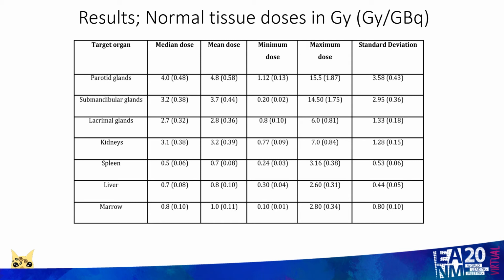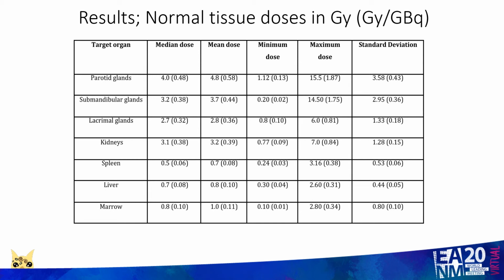Now, looking at the absorbed doses from the tissues, perhaps to me as a radiation oncologist, the most important findings here are that although the absorbed dose in normal tissues per administered activity was relatively low, the range of differences between individual patients was huge, often an order of magnitude within normal tissues. And this to me just highlights that fixed activities are unlikely to be optimal in terms of minimizing or controlling